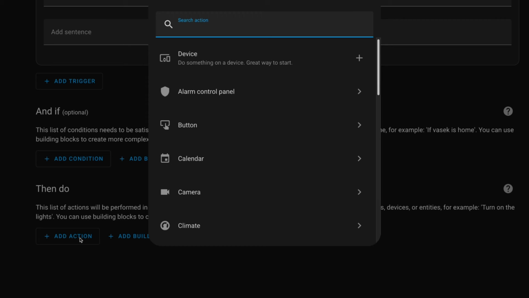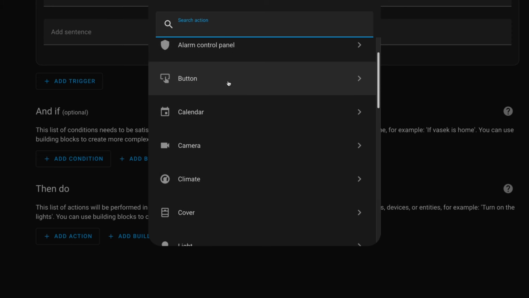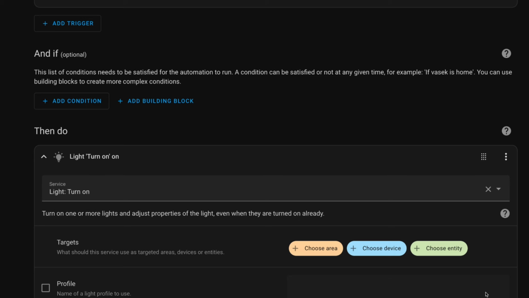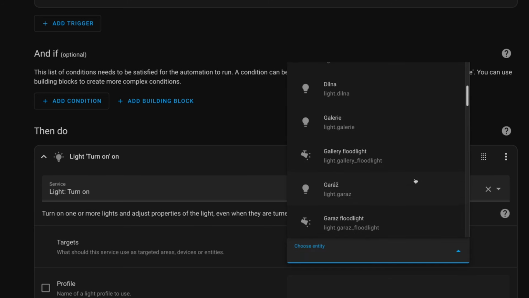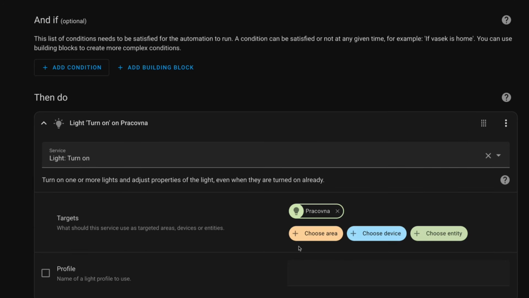And in here, I can, for example, turn on the light behind me. Makes no sense, but let's do that. So I'm going to say light, turn on, and I'm going to select the light in the office in here. There you go. So it's gonna turn on the light. And then